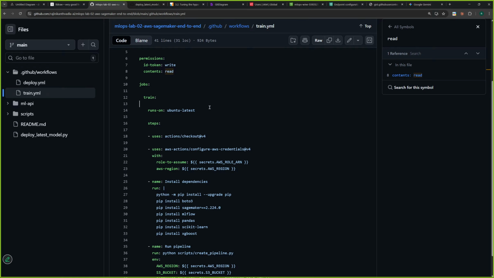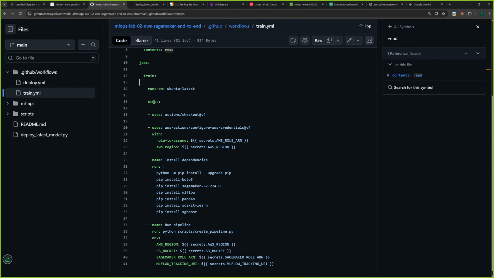But in real time, these runners are mostly from your AWS Kubernetes executors. And then steps. This is a reusable template that GitHub gives us. That means it is going to authenticate. Behind this single line, there is a lot of code. This is version 4: aws-actions/configure-aws-credentials@v4, which is a tag. Okay, if I copy this,